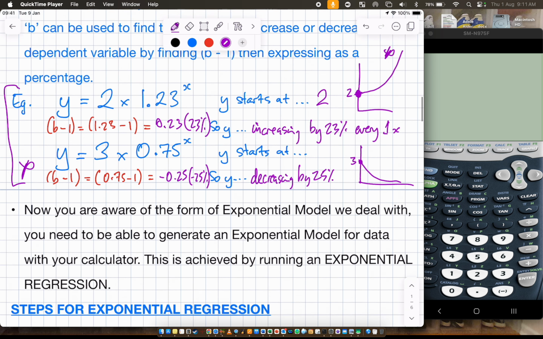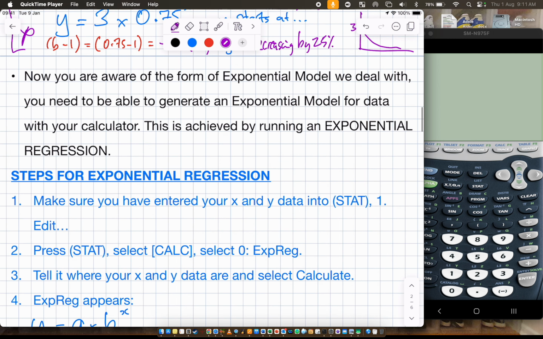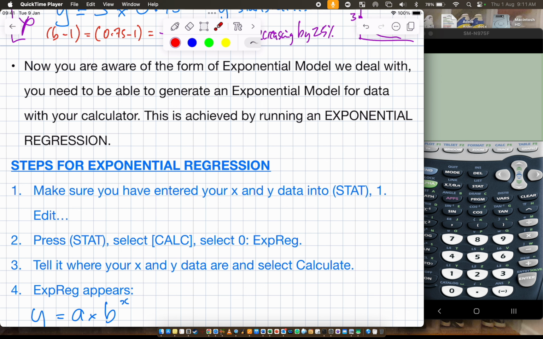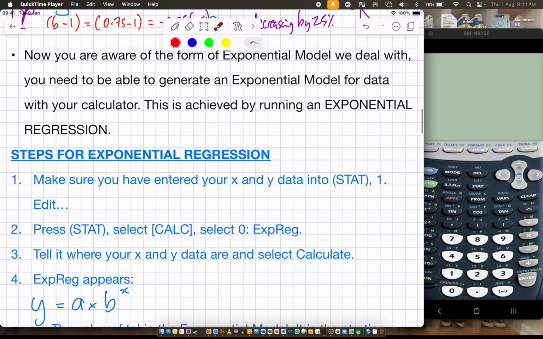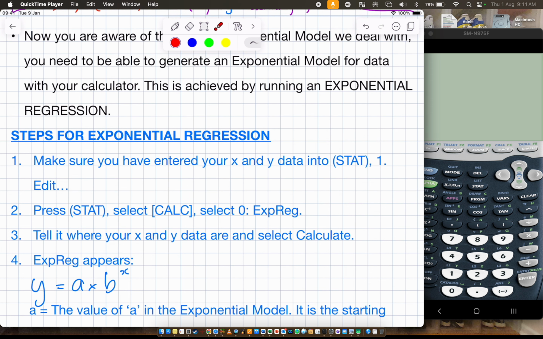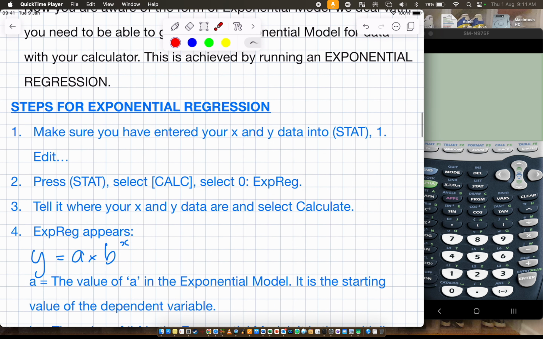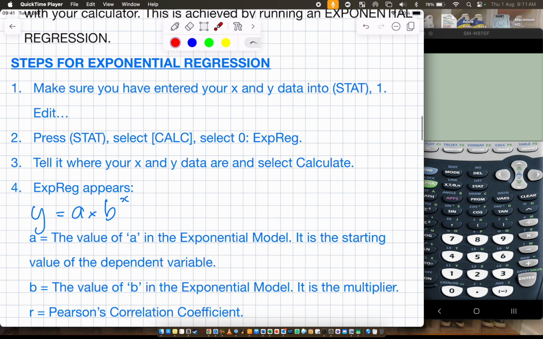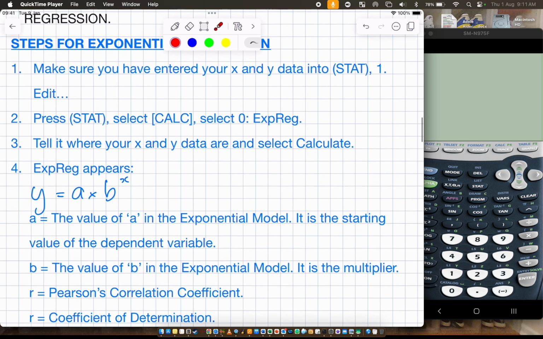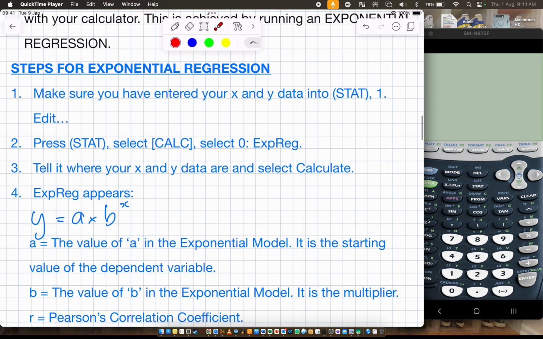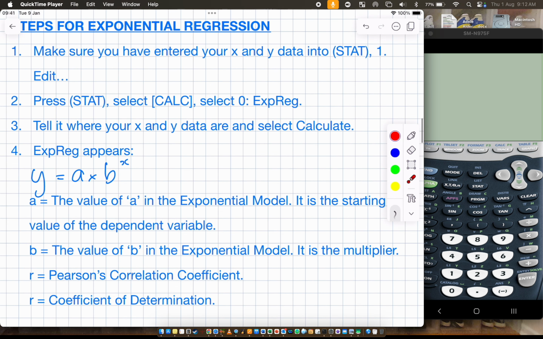Right. So now you are aware of the form of exponential model that we deal with. You need to be able to generate an exponential model for data using your calculator. How do we achieve that? How did you achieve the linear regression? LinReg. How do we achieve exponential regression? Well, it's going to be called ExpReg. So what are the steps? These are important for now, but if you're thinking logically, you probably don't need to chuck this in your notes,